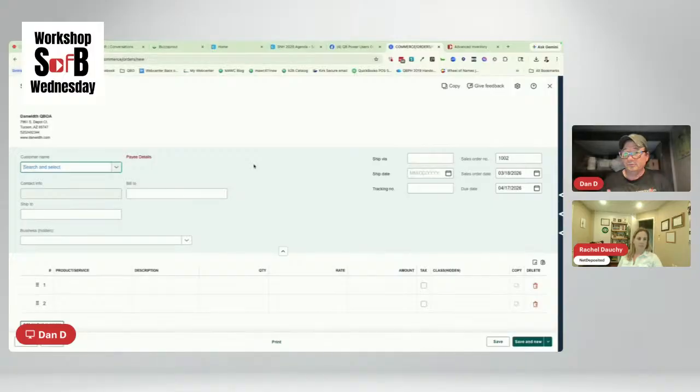Promises could be a sales order, right? So I've created a sales order for an inventory item, so my customer has promised that they're going to buy it, but I can't sell it out from underneath them because that would be an awkward situation. And if anybody is an Amazon seller, they know exactly what you're talking about with available quantity